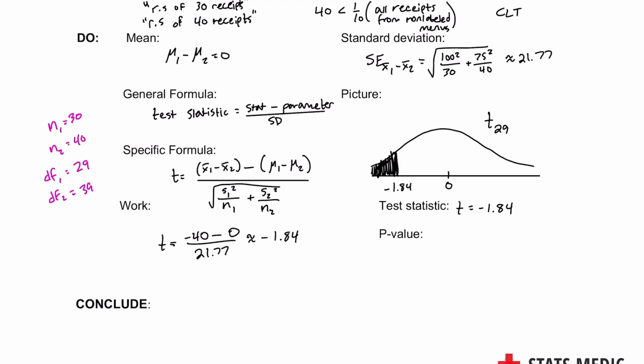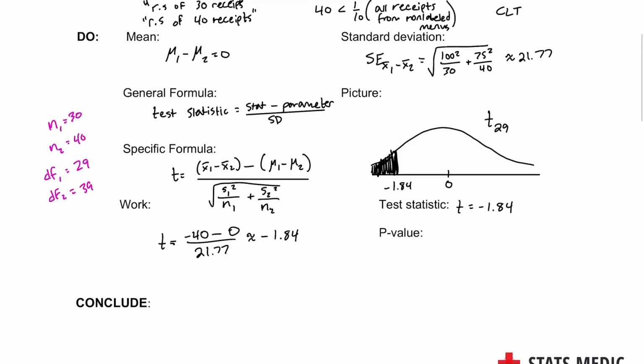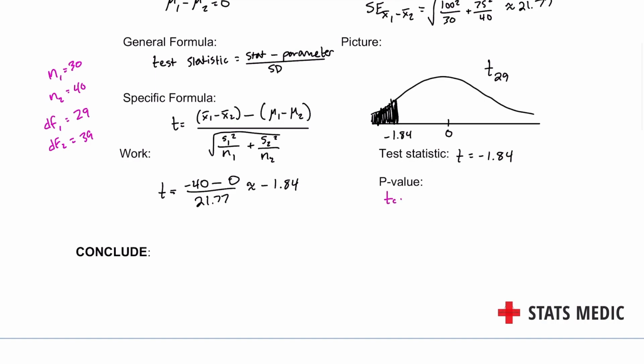Now, if you remember from last time, we talked about getting the p-value. We just use tcdf in the calculator. So as far as what you need to show, you pretty much just need to write down what the p-value is. But if you're wondering what to put in the calculator, I would go to tcdf under distributions. In this case, I would type in negative 1 million like we always do as my lower, negative 1.84 as my upper, and 29 as my degrees of freedom. And we should get a p-value of about